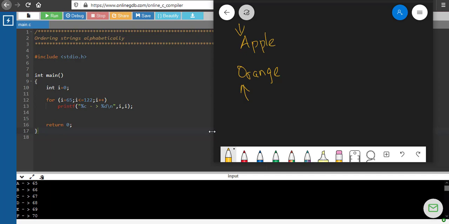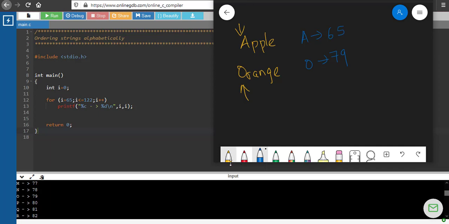In these two examples, A and O are different. So we check the ASCII value of A, which is written here as 65. What is the ASCII value of O? Both are capital letters, and the ASCII value of capital O is 79. So A has a lower ASCII value than O, and apple should come before orange.